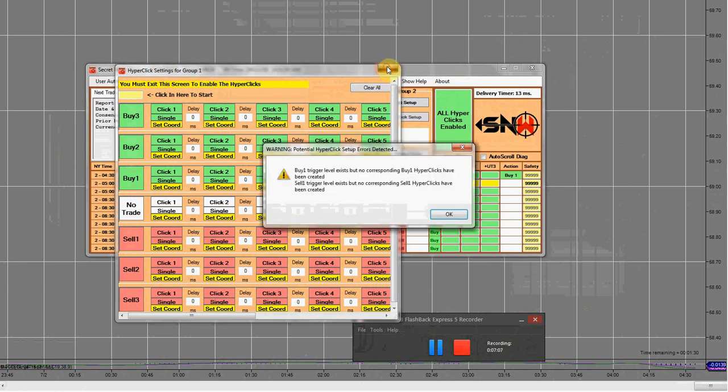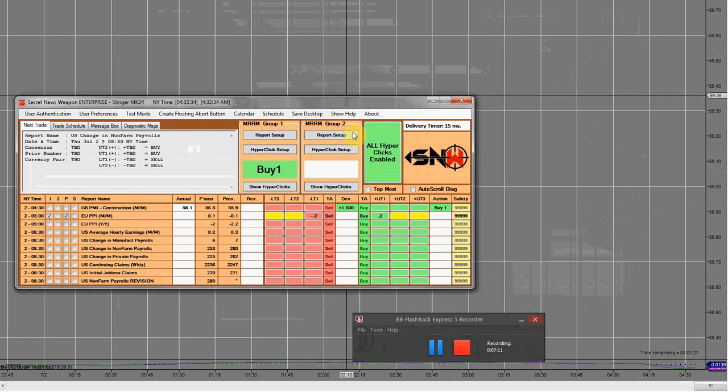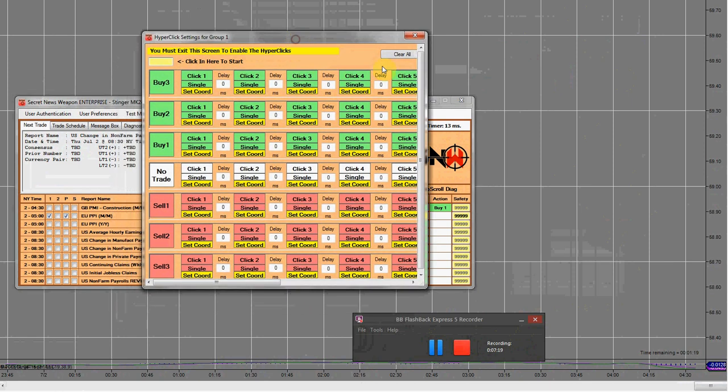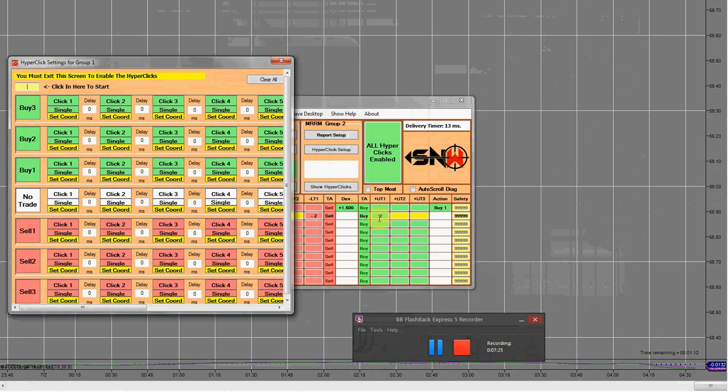Alright, so we can clear that. Basically, what you would do after you set your deviations is come here and click on hyperclick setup. For your buy, click 1, that's this one right here. You would simply click there